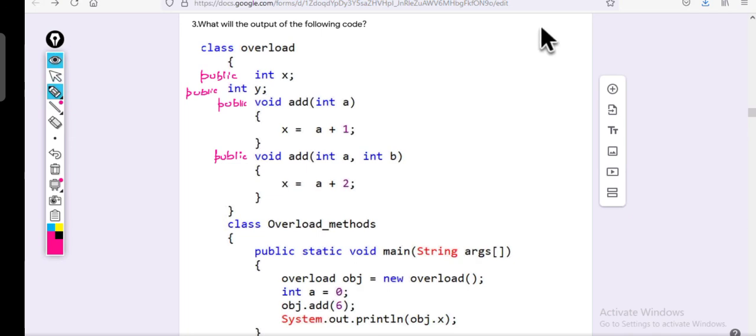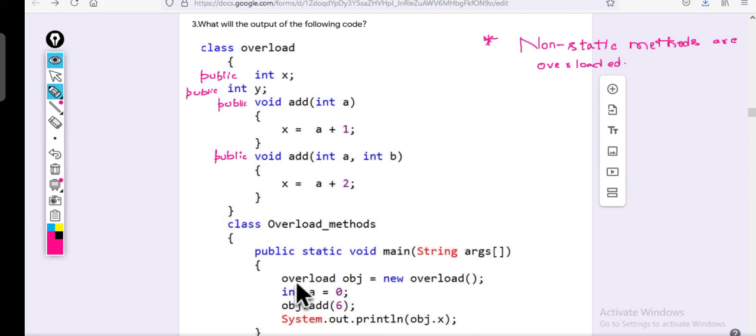Are static methods overloaded or non-static methods overloaded?